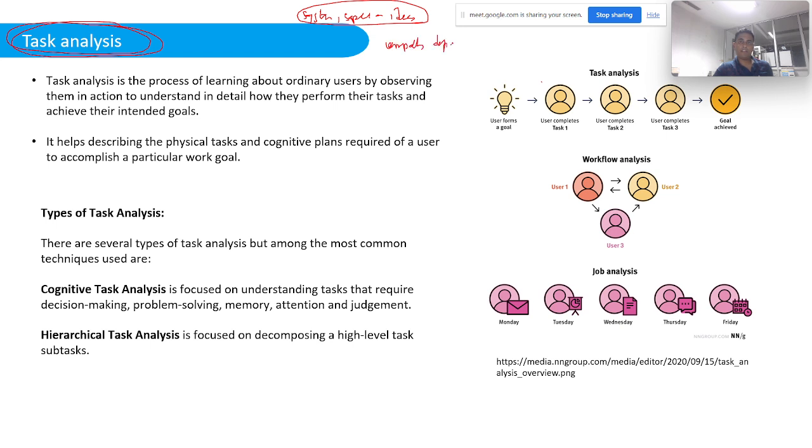Then define phase, then we have ideate, then we have prototype, right? Then we evaluate. Now what happens? We do user study at both the initial phase, which is about understanding particular requirements and problem, and also at this phase, which is equivalent to user testing, system testing,